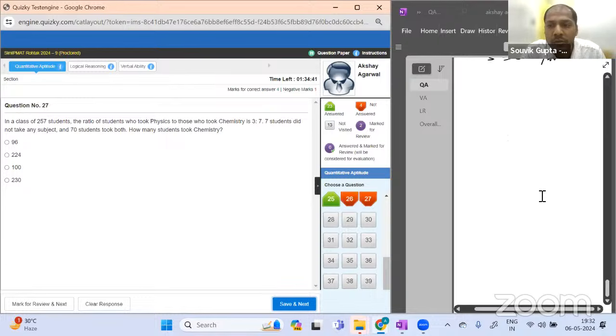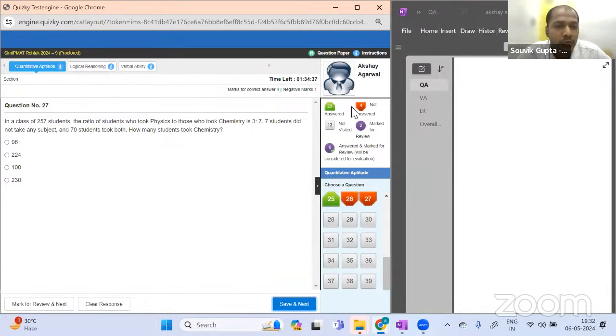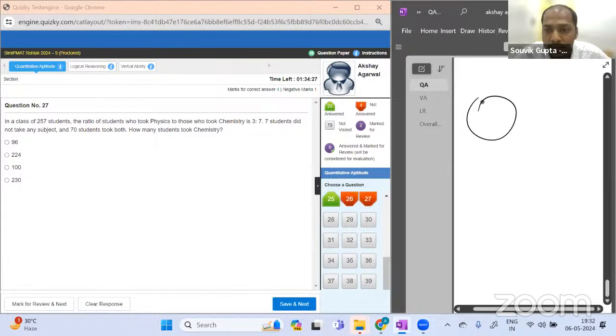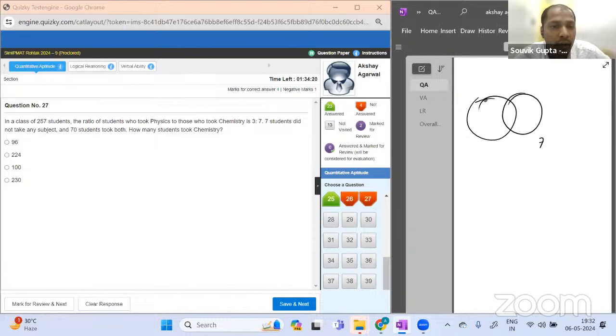In a class of 250 students, the ratio of students who took physics to chemistry is 3:7. 7 students did not take any subject, and 70 students took both. How many students took chemistry? 70. So this is 250. Out of 250, it is 3:7, and this is 70. So physics